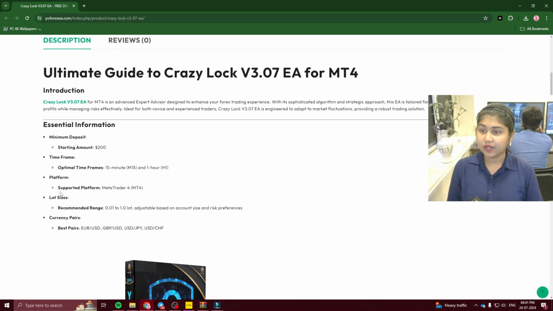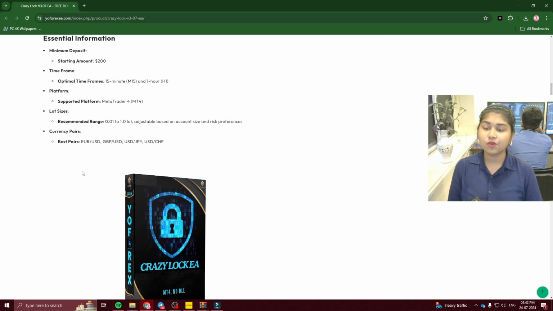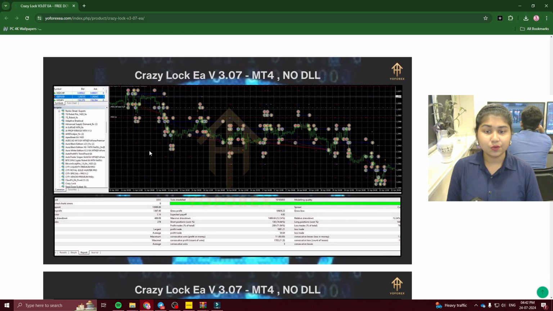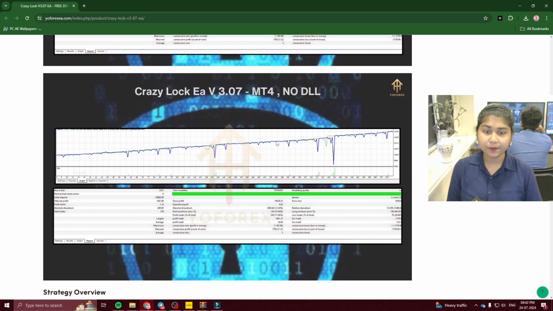Here we have some recommendations: the minimum deposit amount should be $200, the time frame is M15 and H1, and the platform is MT4. The recommended lot size is given right here, and the currency pairs are EUR/USD, GBP/USD, USD/JPY, and USD/CHF. This is how this expert advisor's user interface looks.